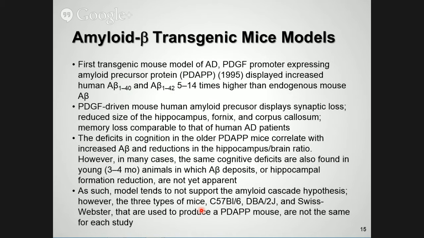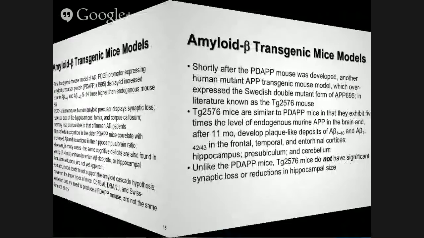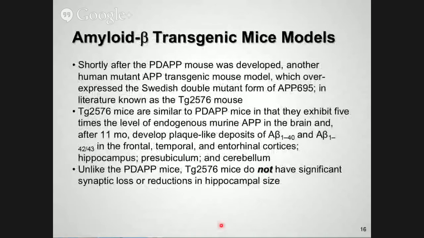And one of the reasons is that in the background that these mice are generated against, some people have used the C57BL6J background, some people have actually used the DBA2 mice background, and some have used the Swiss Webster mice background. So you have different genetic backgrounds on which you have this transgenic being overexpressed. And so they're different for every study that people are producing. And because of the lack of consistency, people have moved away from this model, and they moved from the PDAPP model, the platelet-derived promoter model, to another model which was known as the